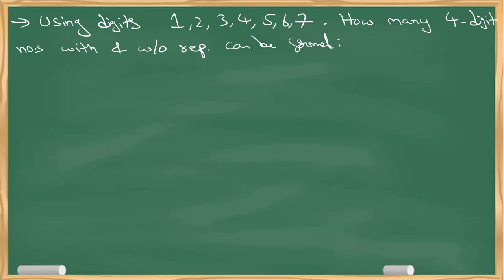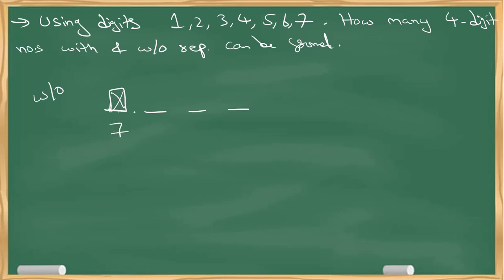Okay. Now, what do I have to do this time? First thing, I have to fix 4 positions. So let me do without repetition. That means the same number should not be repeated in this case. Now, you can start from anywhere because there are no conditions here. So let me start from this position. This position has how many options? I can keep 1 or 2 or 3 or 4 or 5 or 6 or 7. So that means there are 7 possibilities.